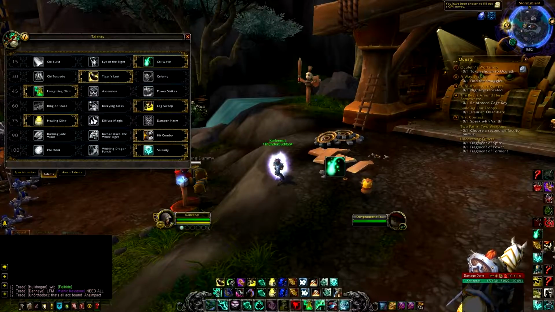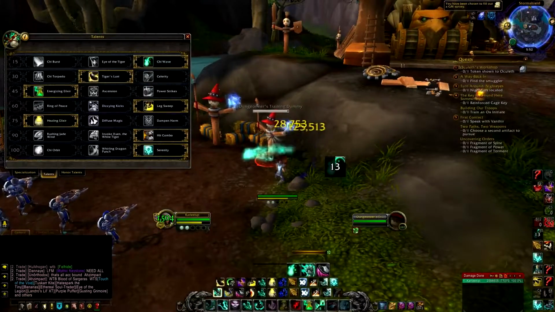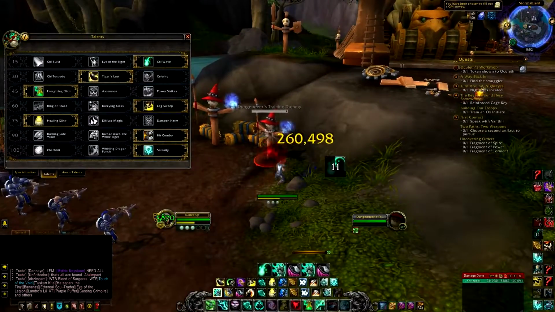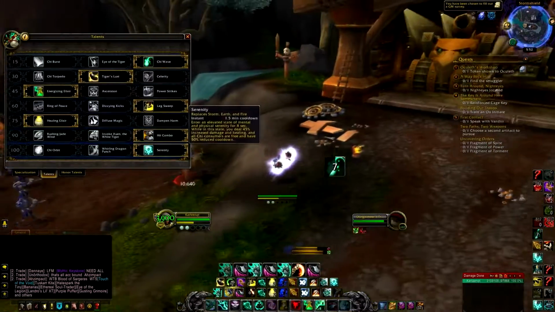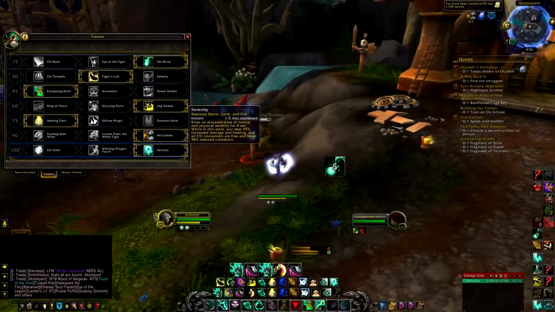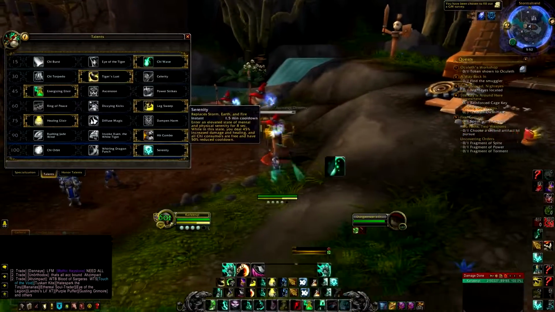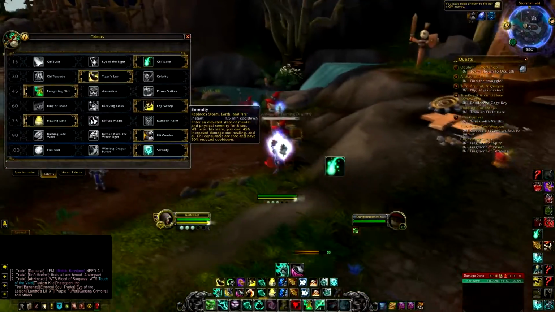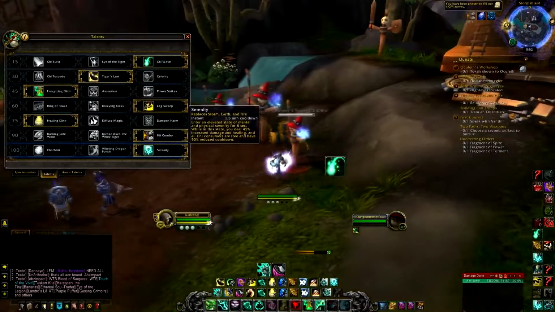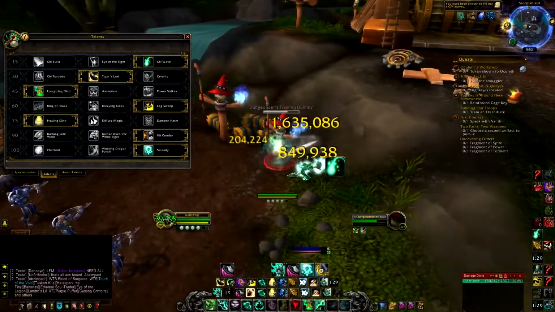For level 100, I'm running Serenity. So basically, you want to get your hit combo all the way up, just because it's obviously going to increase all your damage. And what Serenity does is you go into this mental state where all the cooldowns are reduced, and you get more damage and none of your abilities cost energy. So now when you pop Serenity, you can go ahead and do whatever burst you want,